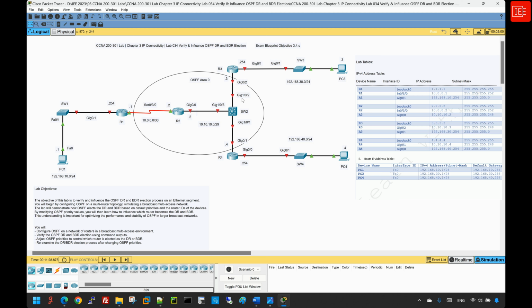multi-access network, and all of them are connected to switch 2. Router 3 is connected to switch 3, and switch 3 is connected to PC 3. And this network segment is going to be part of the 192.168.30.0/24. And router 4 is connected to switch 4, and switch 4 is connected to PC 4, and that network segment will be part of the